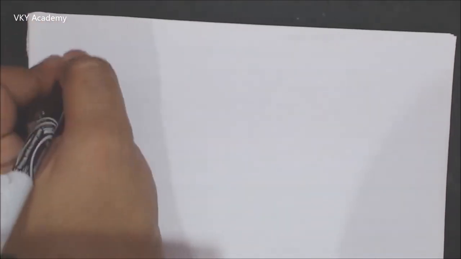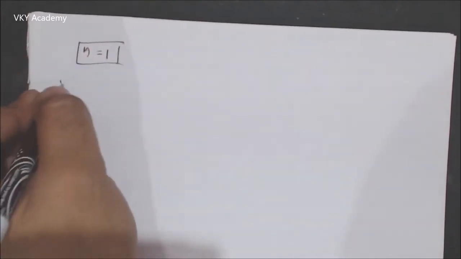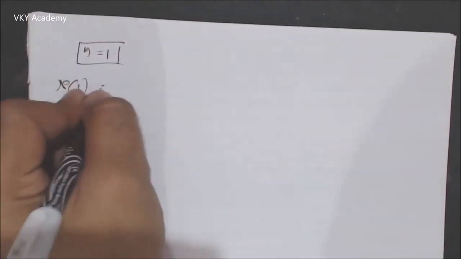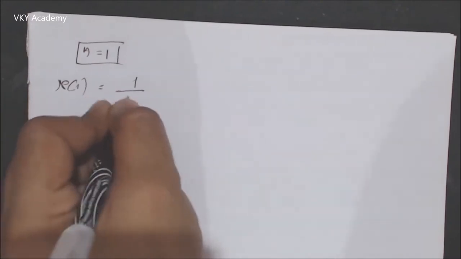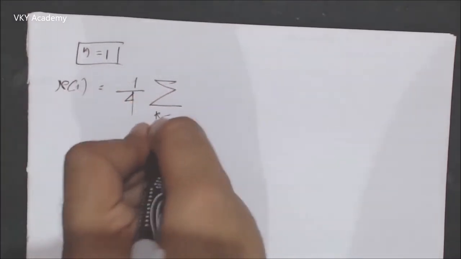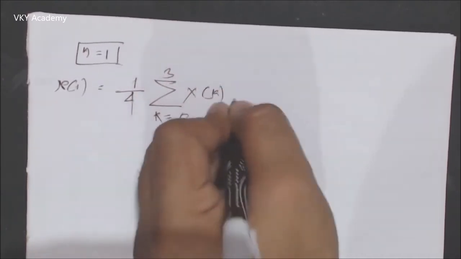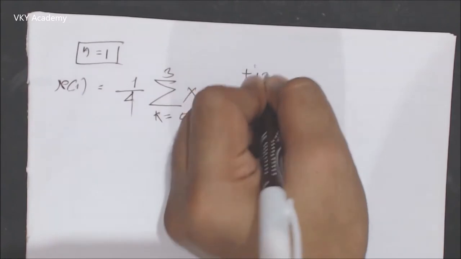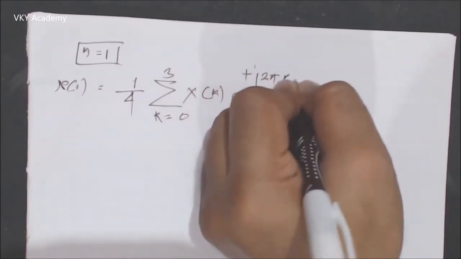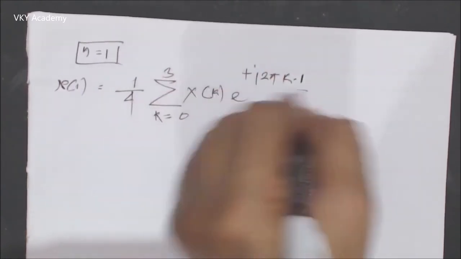So let us calculate the second sample. For that, n will be equal to 1. So this will be x of 1, which can be calculated by the formula 1 upon 4 summation k is equal to 0 to 3 capital X of k e to the power plus j 2 pi k into 1 upon 4,